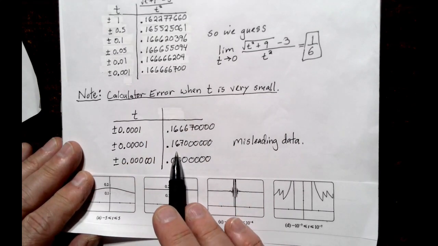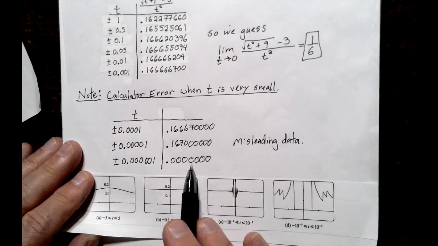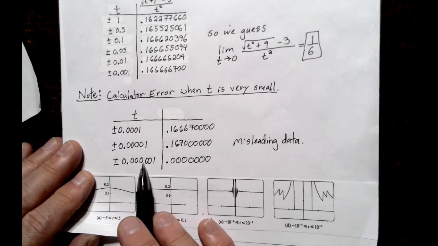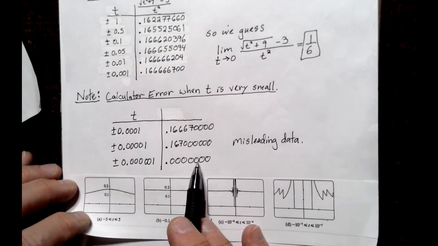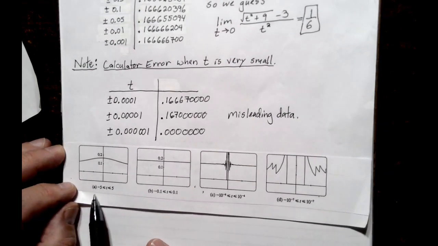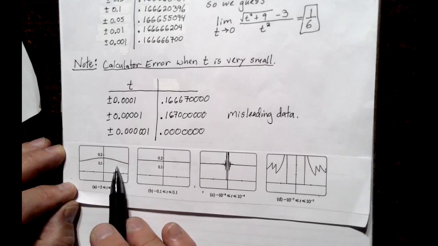Now we only get 1/6 of the 7, and now we're not getting any number at all, which we know is not correct. We should be getting some answer. What's happening here is you're using such incredibly small numbers that your calculator can't handle it, and it's giving you misleading data. If you were to look at it from -5 to 5, it looks like this, and you can see that it approaches